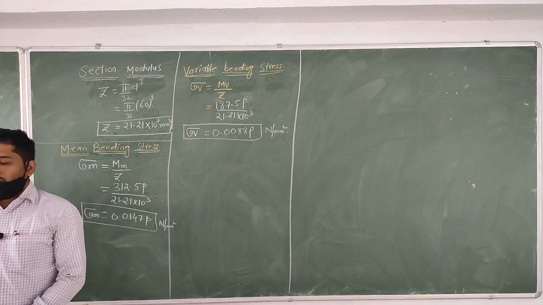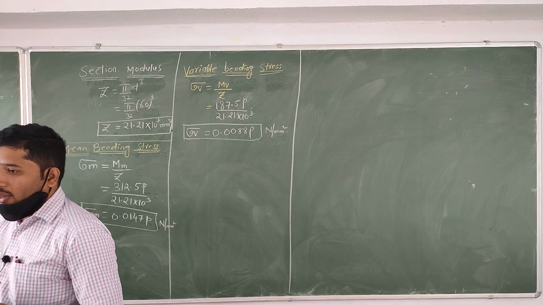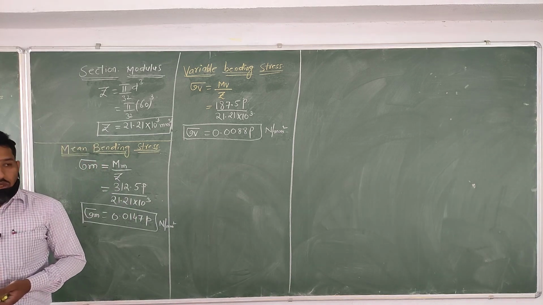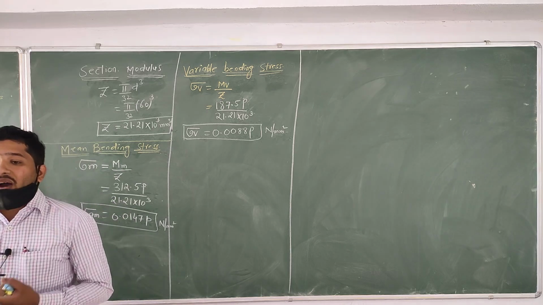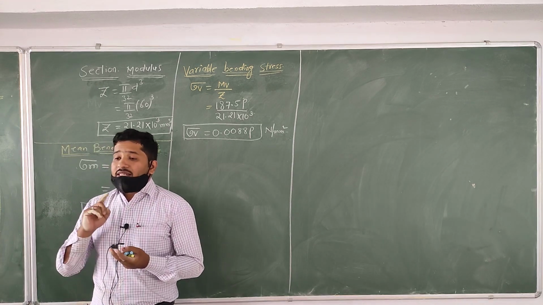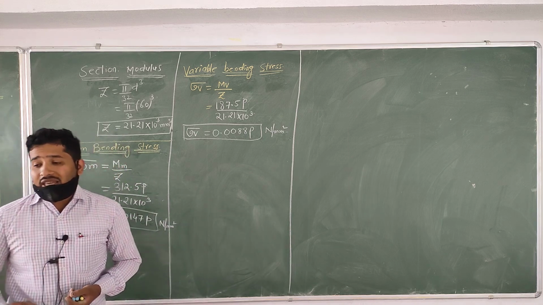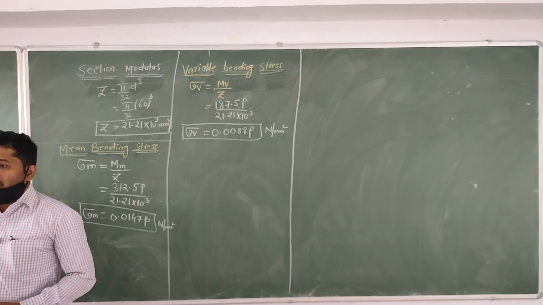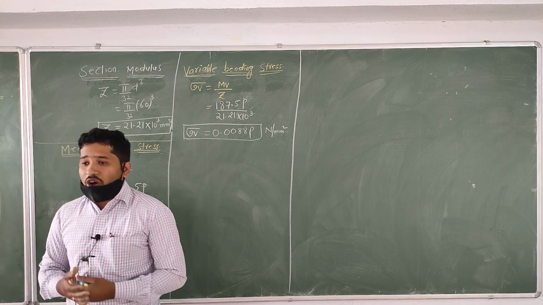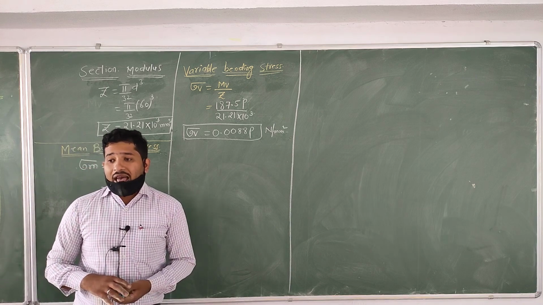But in this case, what do we need to find out? Our intention is to find out the value of P. Is it right? So which formula do we have to use here? We can use two formulas. Just now I told you, sigma u and sigma y are given. If sigma u is given, then you have to use the Goodman equation formula. If sigma y is given, then you have to use the Soderberg equation formula. With the help of the Goodman equation we find the value of P, as well as with the Soderberg equation we find the value of P. Then we need to select which one gives the greater force.